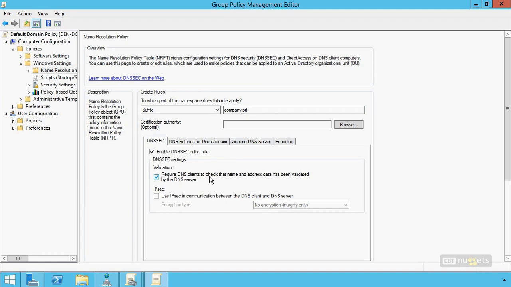This is the client side part of the server side we just did a second ago. You can add a little bit more restrictions in here. You can define what your CA is. If you need to use IPsec, you can do that as well, but that requires a whole host of additional infrastructure to be laid into place for IPsec to be done as part of this. But these two checkboxes and the suffix here are what's necessary just to get the basics of this DNS registration